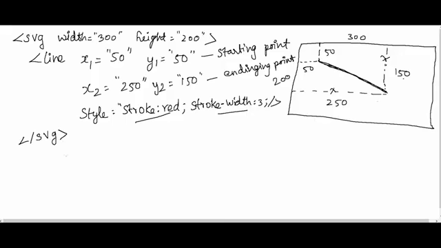I hope you understand this line concept. For a line, this is only one line, right? So we don't want to use a closing tag. For text only, we give text inside opening and closing tags, so we used text as the opening tag and slash text as the closing tag. But in the case of line, we don't want to give a closing tag. Okay, let me move on and draw a rectangle.